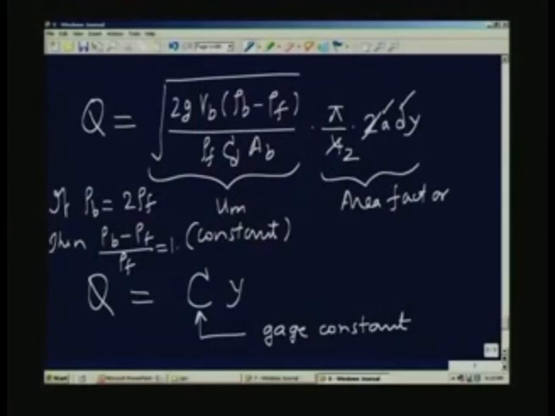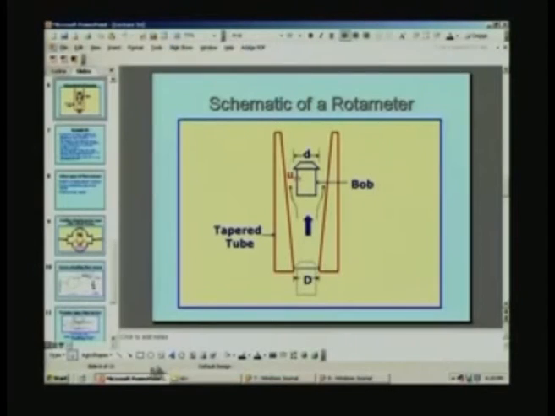And in fact, it is found that even if the density of the fluid varies a few percent, maybe 5% or 10%, this is not going to alter the thing too much. The error is not very significant. The second point is the taper parameter. If the taper parameter is not small, then a nonlinearity will be there, and of course, this can be taken care of by adjusting the scale on the side of the rotameter to include that nonlinearity in it. Therefore, when you take the reading, it has automatically been corrected for the slight nonlinearity. So, let us take an example so that we understand what is happening.